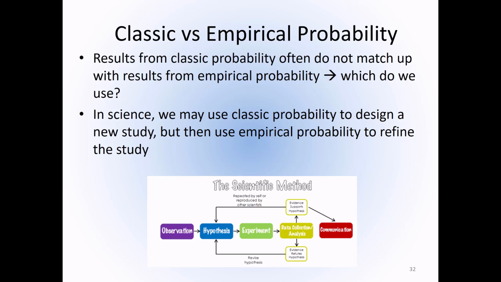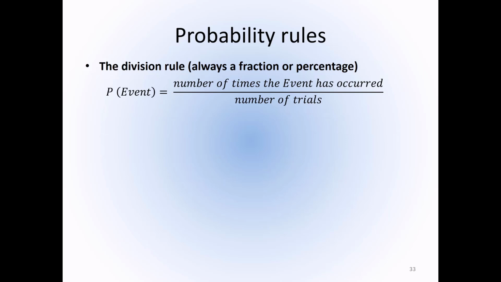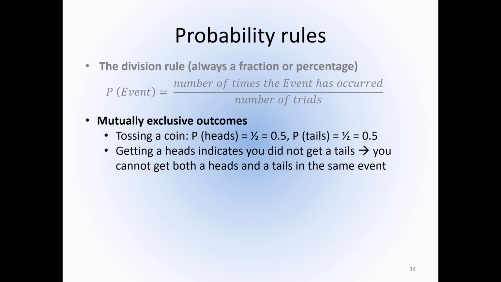Now, a couple important rules when we're thinking about probability, and these are going to be important moving forward for the statistical tests that we're using. First of which is that a probability is always a fraction or a percent, somewhere between 0 and 1, as we've mentioned. And the probability of different events occurring are going to be mutually exclusive. If you're thinking about flipping a coin, if you get a heads, then you're not getting a tails. If you're getting a tails, then you're not getting a heads. If you're thinking about sampling fish, if you catch a red drum, then you're not catching a spotted sea trout. Or if you are looking at the sex of a shark, if the shark is male, then it's not female. These are mutually exclusive.